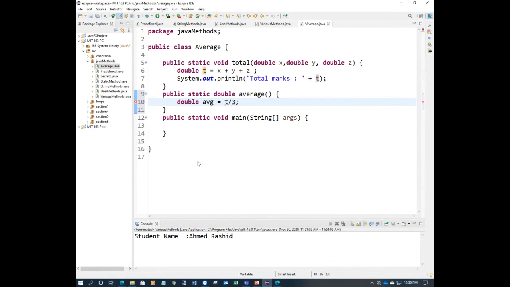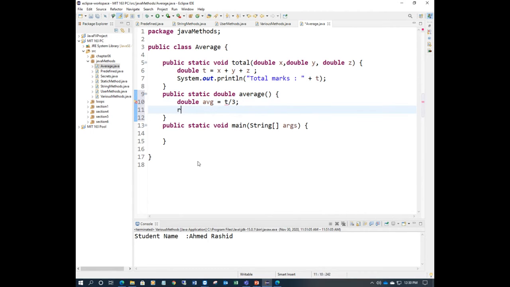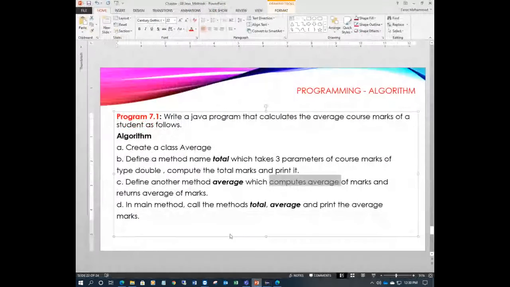You know the total marks. Then how many marks? 3 marks, 3 course marks. So total by 3. Then return average. Here it computes the average marks and returns the average of marks.